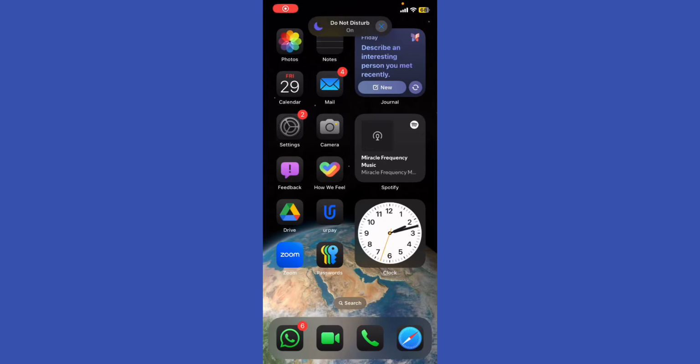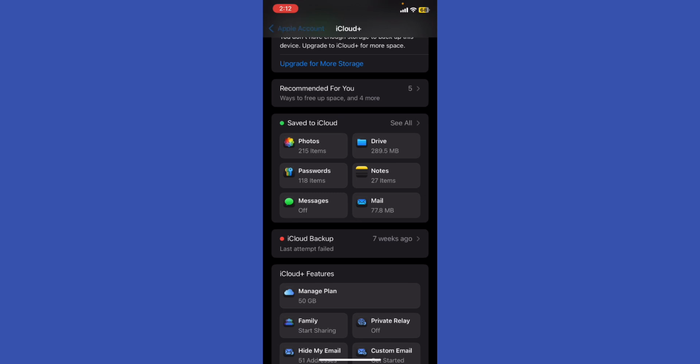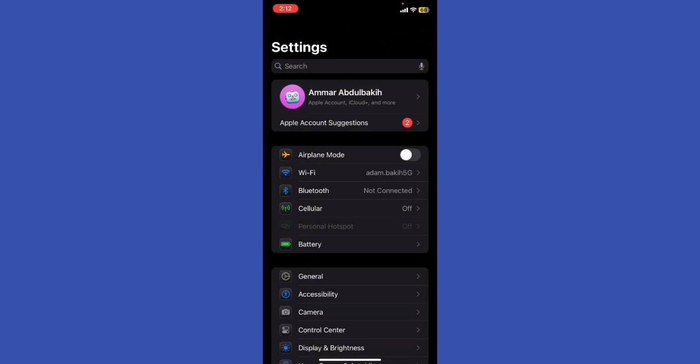How to free up space for iOS 18.1.1 installation. So after you updated your iOS to the latest version, the update will probably take some space. So if you want to free up some space so you can get the best experience, go ahead to the